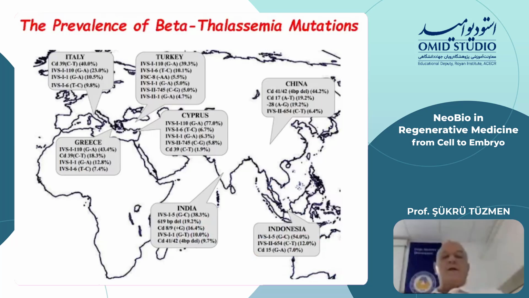Here's another map coming from our collaborators from different parts of the world. They narrow down the mutations according to the populations, the countries. So in a way, it's under control towards the known mutations. Obviously, you cannot do anything if something is unknown. You still have to do the sequencing and do your search to figure out what the mutation is that causes the thalassemic situation. One thing that I need to mention at this point, now that we're talking about mutations,